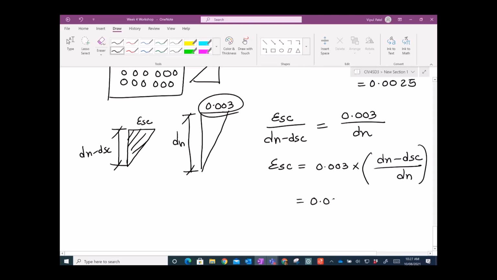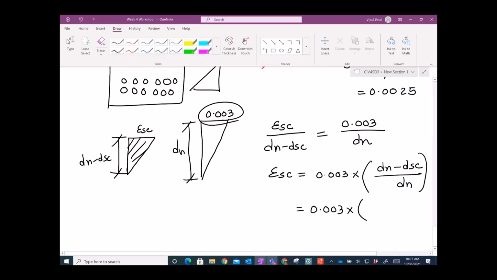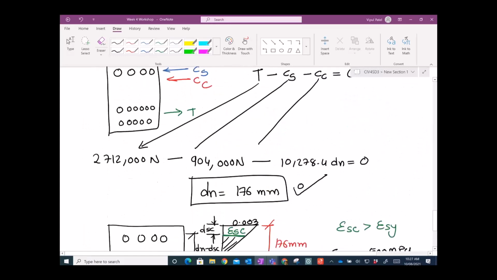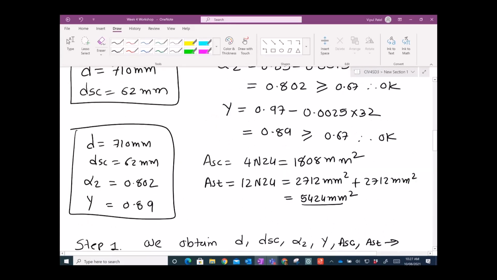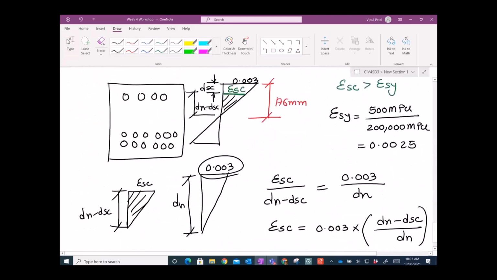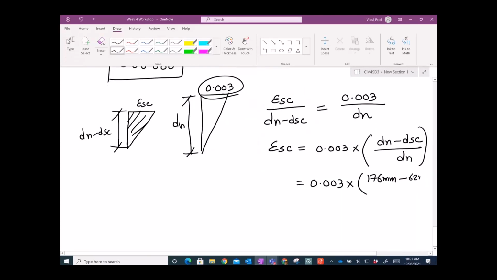So let's plug the values. dn for that case is 176 millimeters. Take away dsc. Remember those dsc values, it is 62 millimeters. 62 millimeters over 176 millimeters. So in that case, if you work it out, that would be your 0.0